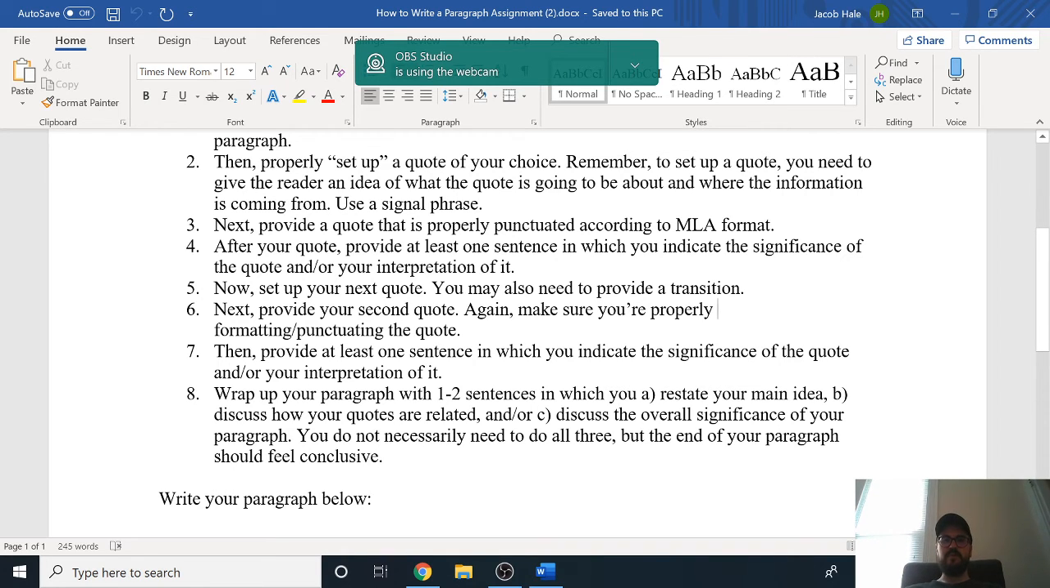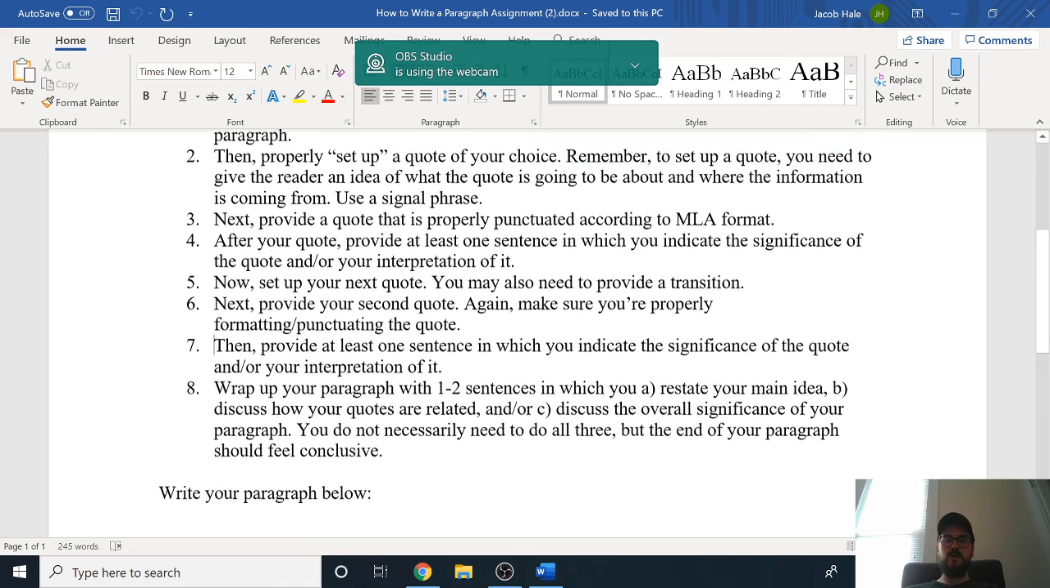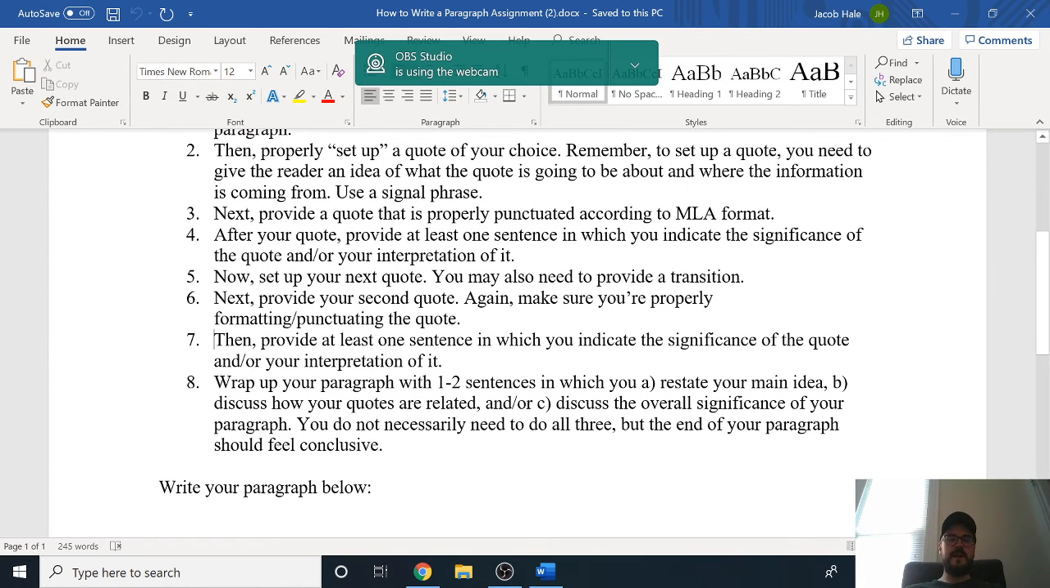Step 6, you're going to provide your next quote, making sure that you punctuate it and format it properly. Step 7, you are then going to analyze or explain that quote. And then finally, step 8, you're going to wrap up your paragraph. You're going to give it a sense of closure. And you should write 1 to 2 sentences in which you A, restate your main idea, B, discuss how your quotes are related to each other, so how the two quotes that you just used, how they are connected, and